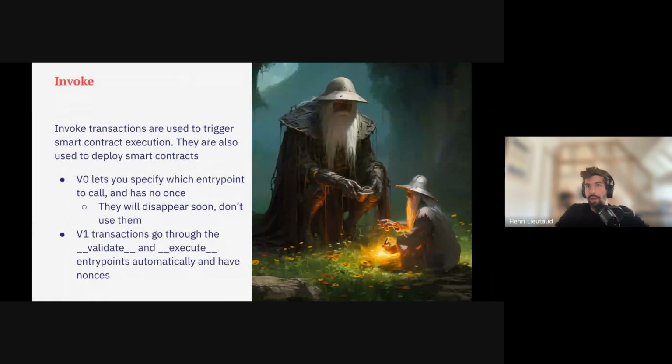So if you want to deploy a new smart contract, you have to call a smart contract that deploys these new smart contracts for you. Now, luckily, there is public good infrastructure in the form of the UDC, the Universal Deployer Contract. That is basically a public good utility that you can call to deploy your own contract.